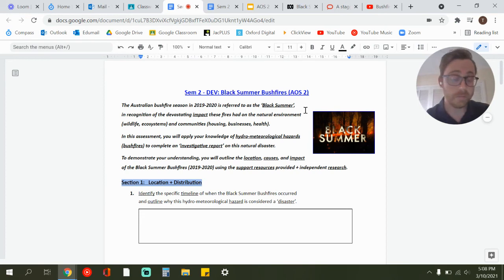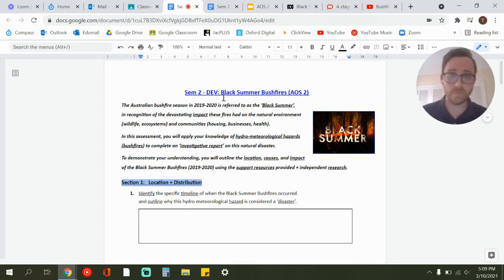And then we finish up the end of this unit with our CAT, which is essentially similar to what we did in Area Study 1, where the dev was like a rough draft of what your final CAT would be. Your CAT will also be an investigative report, but you get to choose what type of hazard, what type of disease or disaster that you are researching. So by the end of the term, once you've got an understanding of earthquakes and tsunamis and the Black Plague and COVID-19, you get to pick which one you want to do a bit of research on, and then you prepare a similar sort of report.